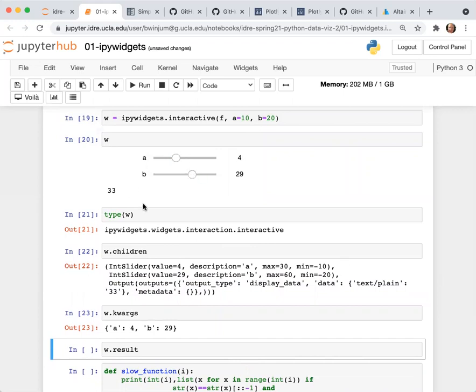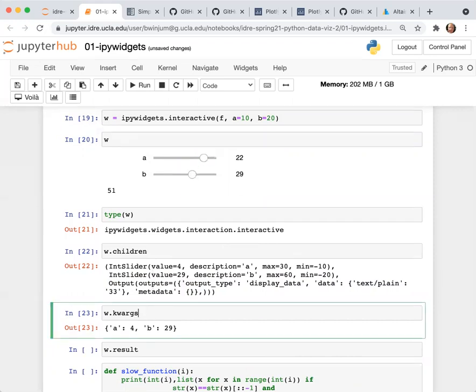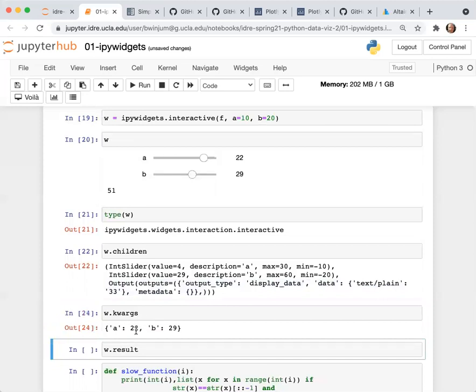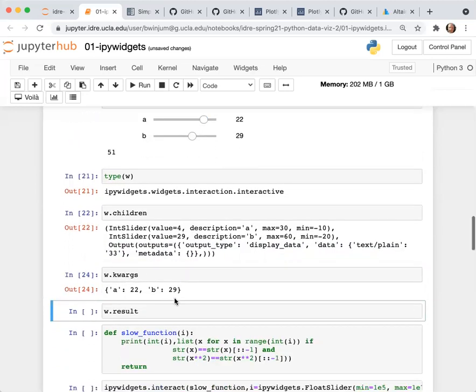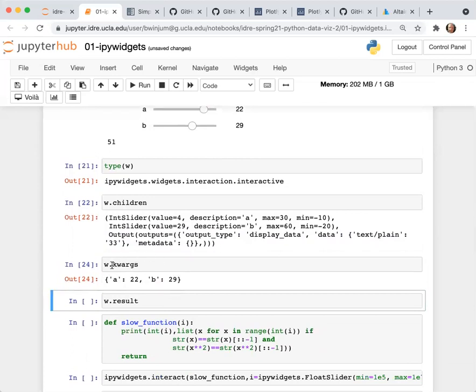So this widget object kind of maintains an identity as I'm going through the notebook itself. If I change this, say the value of a to 22, and I come back and look at what this is now, it's changed to 22. So these maintain their identity, and I can use the values that they have at later points in the notebook if I want to, just by explicitly getting information from the widget object, which here is w.